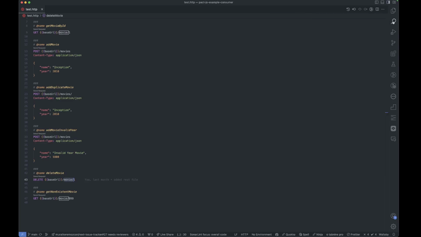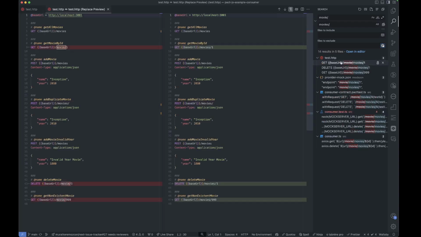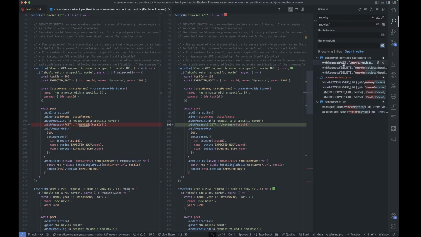So I'll just Control F and search for these things. Let's see. We have some in this file. We can just replace those. That's safe. So delete, get, those are the only ones. We have a Makun file. Of course, this is mapping the network, so this will have to get replaced too at the provider.